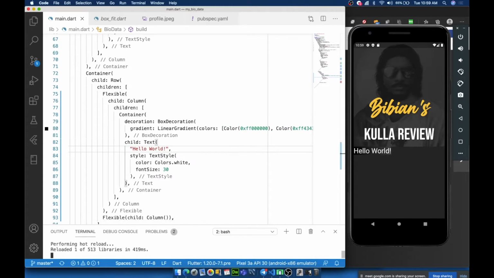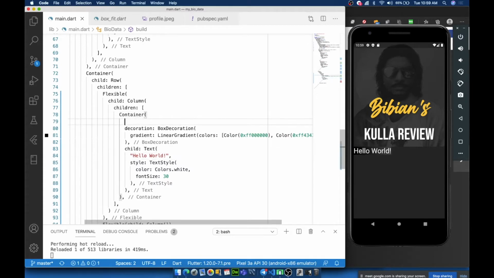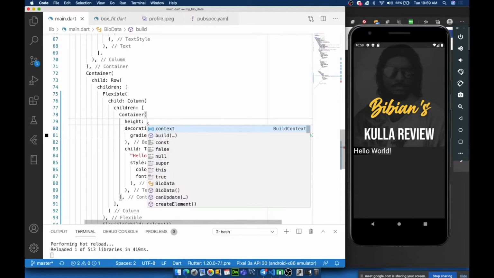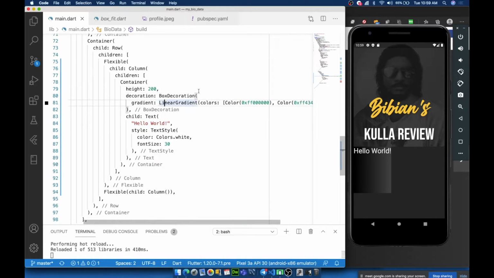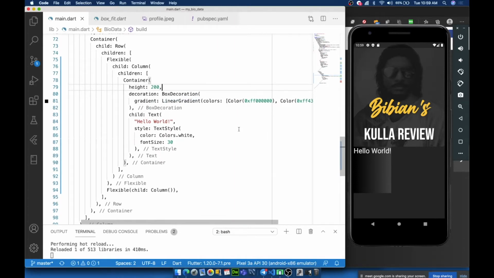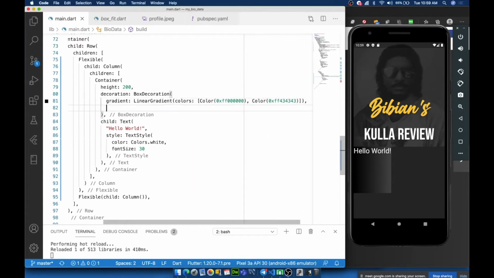Okay, this is the output. Let me just increase the size of the box. How do I do that? I have to change the height and width, right? So for the height, let me say some 200. 200 would be okay, right? And what else can we do? Maybe we can stretch this thing. We can set borders, right? How do we set borders?